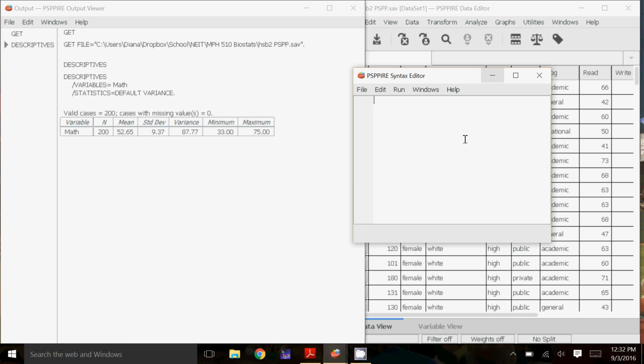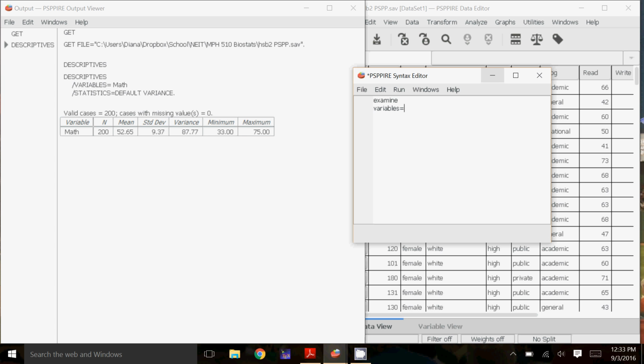So the first thing we want to do in the syntax editor is examine. And that is the overarching command that we're going to look for. And then I'm going to do variables equals, and then the first variable I'm going to type in here is the quantitative data.